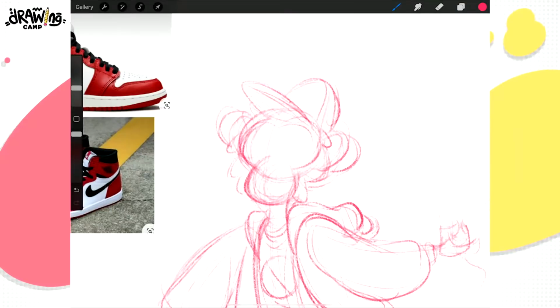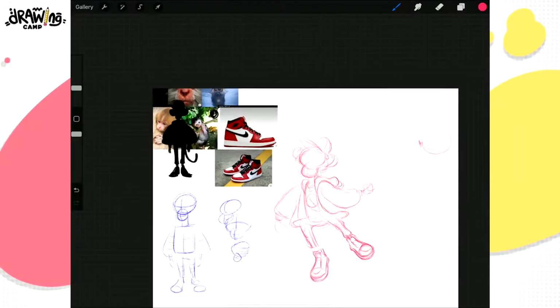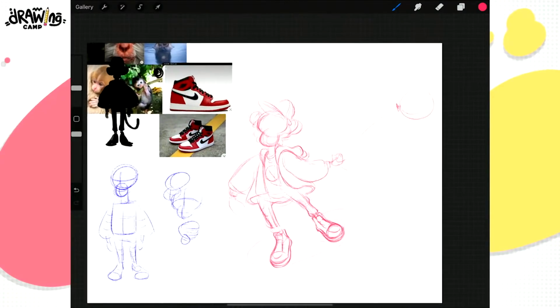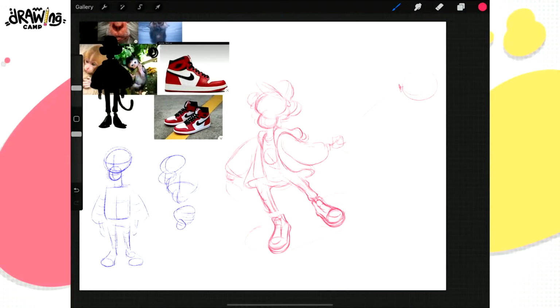Sometimes you just go straight into inking. If I want to, I can do that. Actually, should I do that to save time? Let's see. Yeah, I think I can do that. I can ink straight. Just making sure. See, this is the part where you make sure you always have your sketches really refined, unless you know what you're doing,